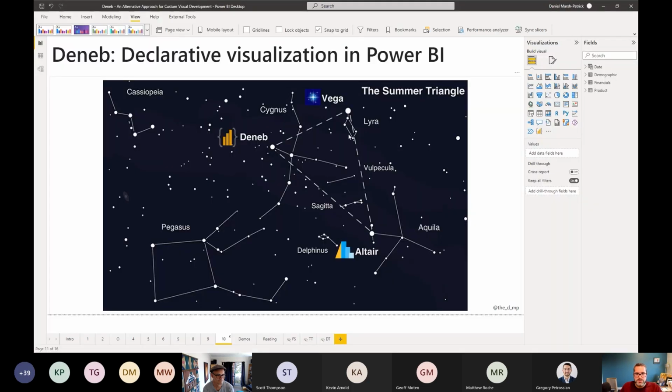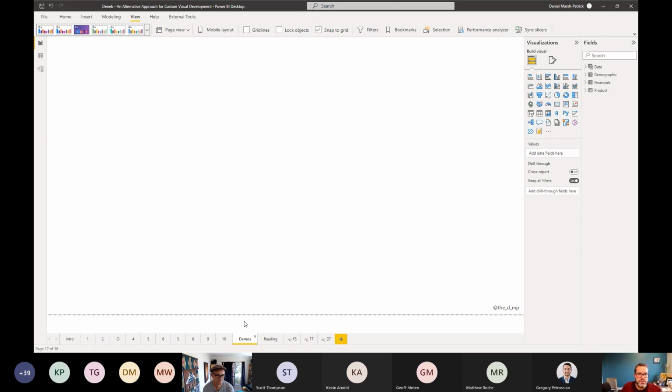So both of these stars form what's known as an asterism known as the Summer Triangle. And Deneb was free, so I basically took it. Fortunately, the Vega and Altair folks have been very kind in giving me their blessing with that, which is really nice. So the idea is that Deneb brings the languages to Power BI in a similar way that Altair brings them to Python. So let's actually show it,